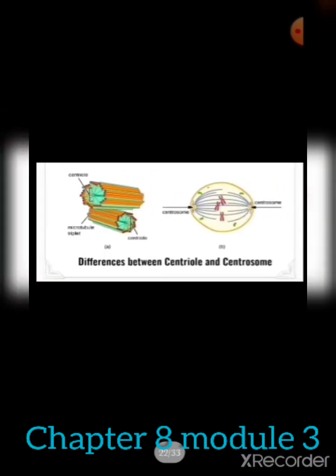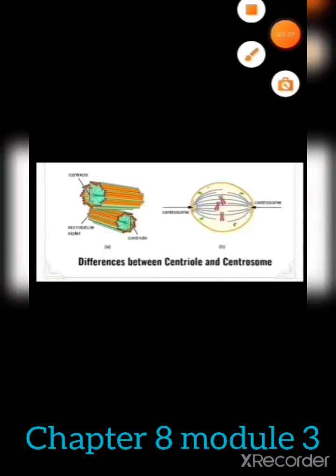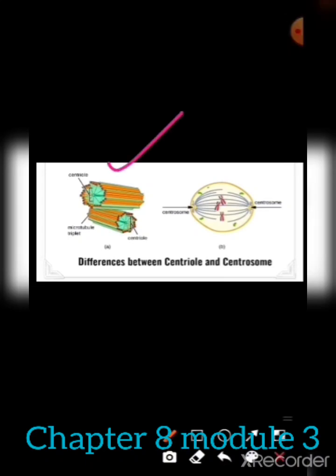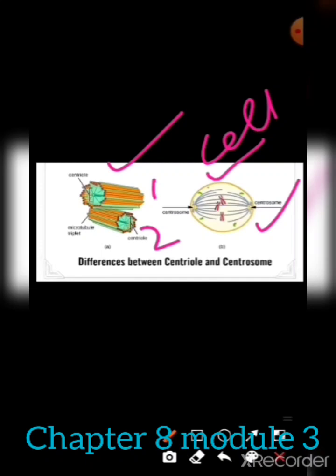Then next is centriole and centrosome. Here you can see that two centrioles perpendicular to each other. That means they are 90 degree to each other. One centriole is this one and second is at the bottom. So at 90 degree or perpendicular, they are attached to each other and they together form centrosome. Here it is centrosome and here it is the cell. This is cell. Now cell division is taking place and centriole and centrosome help in cell division.